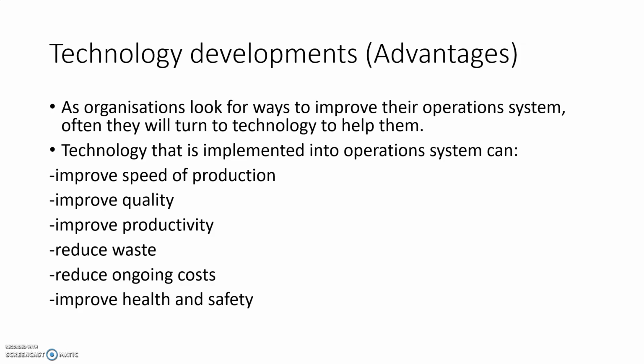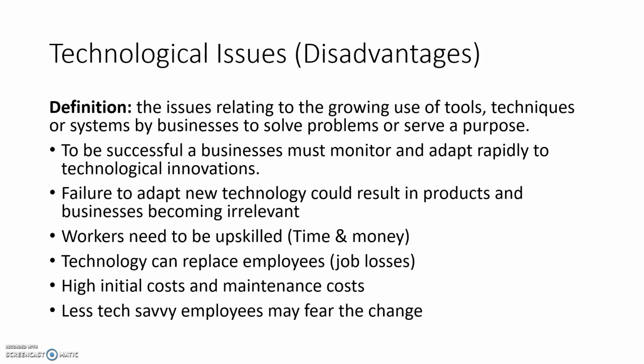And more importantly, you don't have humans doing things that can compromise their health anymore. You used to have people, when chopping down trees in the forest to get wood, climbing all the way to the top and slowly cutting things down. Now you have technology that can automate all of that process, making sure people's lives are no longer at risk. But with that, there comes a whole bunch of issues. These are the key things that a business needs to be conscious of when they're doing their planning.